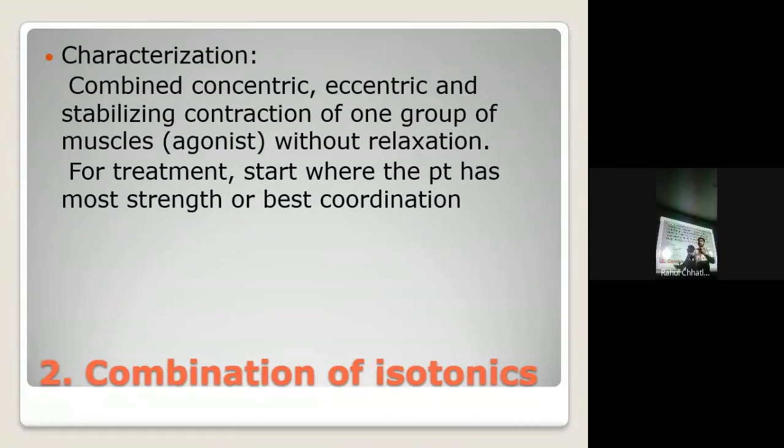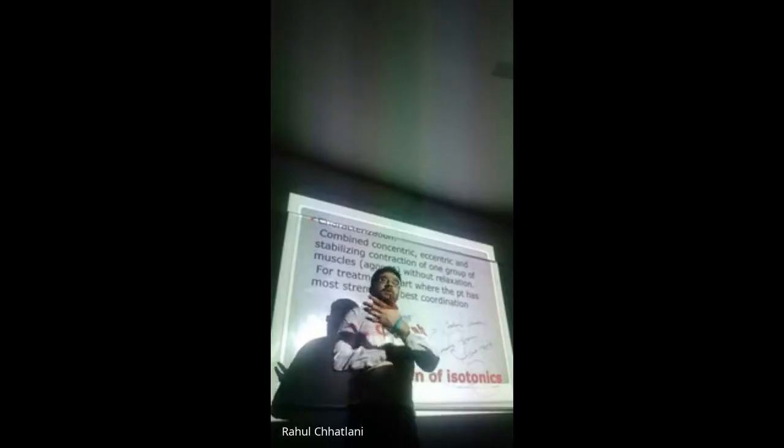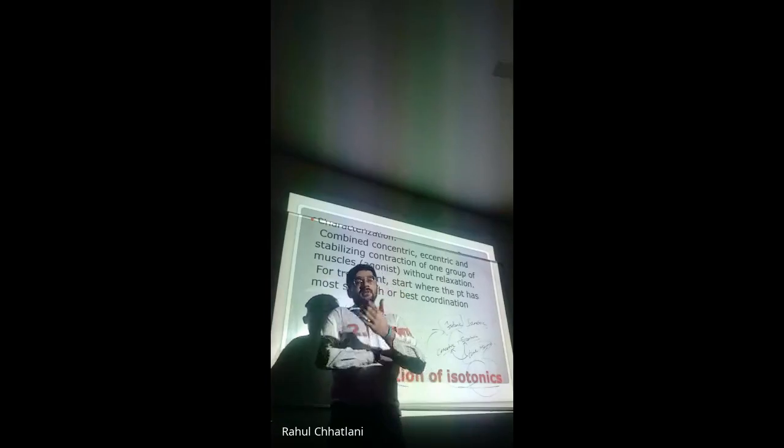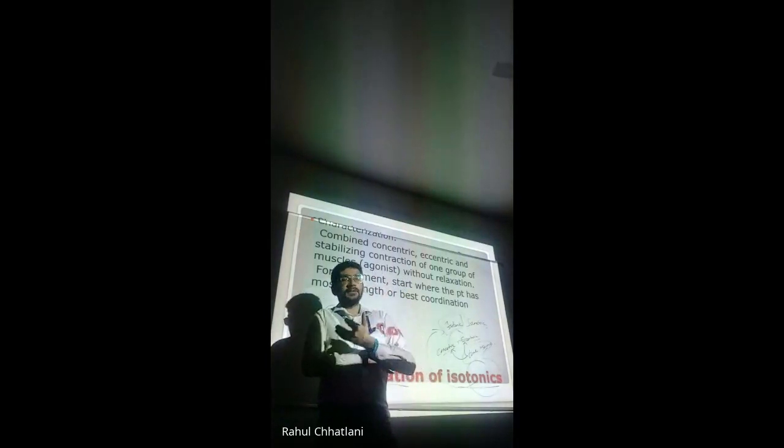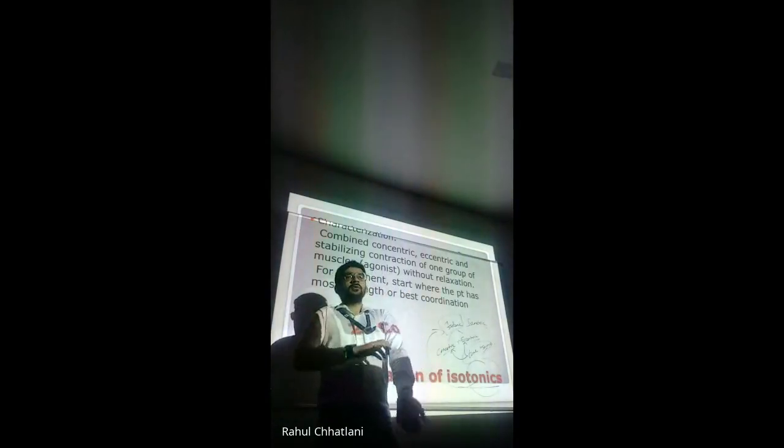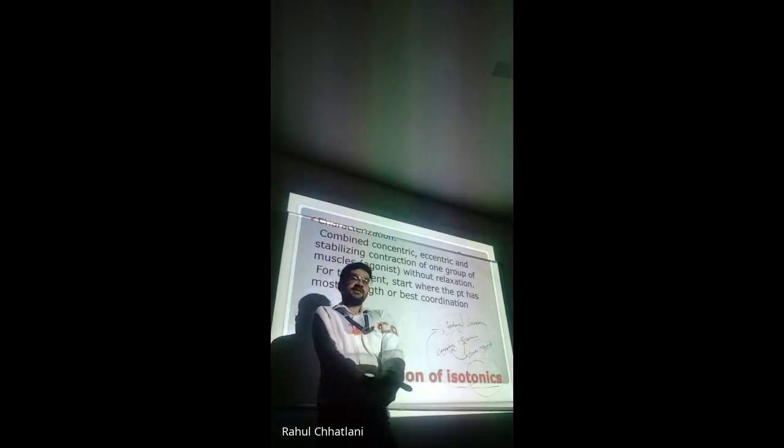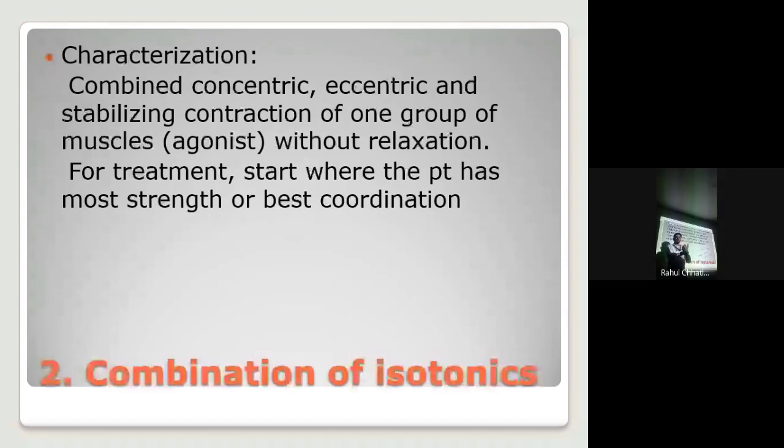So if I have to demonstrate how it is done, to generalize it, you will ask the patient to completely relax first of all. You will instruct the patient what is to be done, how it is to be done. You will show them first and then you will go for application of the technique. So first say for example, I want to improve the biceps strength. Yes. Or the more there is coordination. We are going to see the goals and activities in which it can be used. So for that, first thing that you want to do is train the biceps muscle. So I am resisting, yes, resisting the motion and asking the patient to contract.